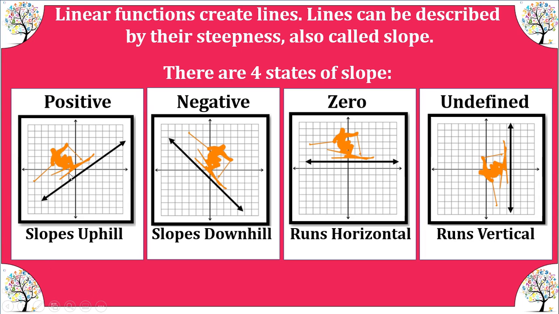Let's start with the graph on the left. We have a positive slope. As we read our graph from left to right, our graph is going up. It is positive. When we read a graph from left to right and we go down, this is called a